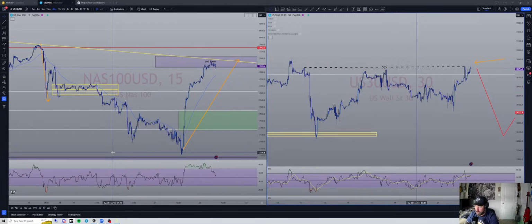If I know NFP is on a Friday, well, then on a Wednesday or Thursday, I'll go back and look at what it did before that. There's no reason to do it the day of, the morning of. I give myself plenty of time to think about it when I'm not in a rush and map those out. Perhaps that's something I need to do more of. Maybe I should write that down. I'll write it down. Hopefully it'll stick in my brain. So that's something I want to get better at. So today when I do my log, I'm going to write that down. I'm going to get better at